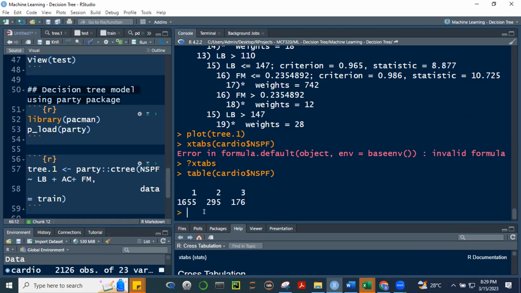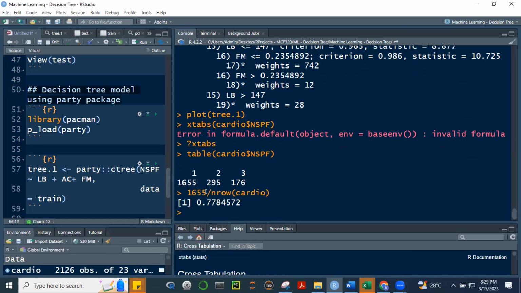But if we, okay, let's just take the proportion. 1,655 divided by the sum. Hindi, ano pala? N row ng cardio. Okay. So ilang percent yung ano? 77% yung 1. No?